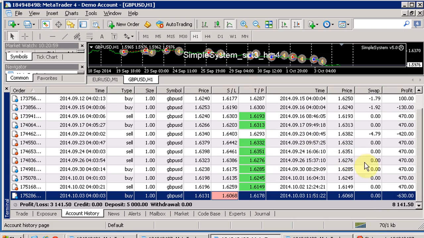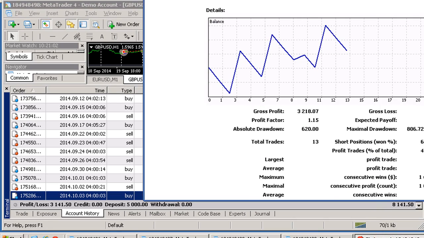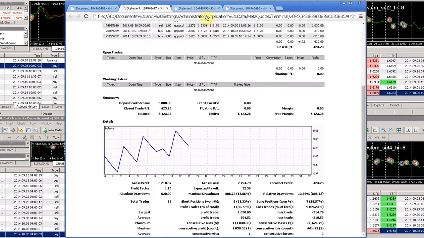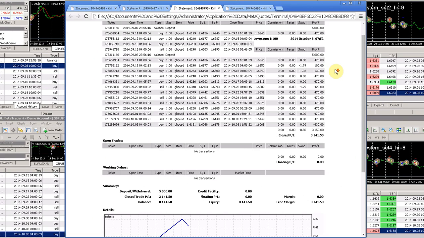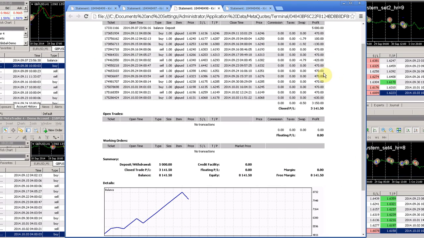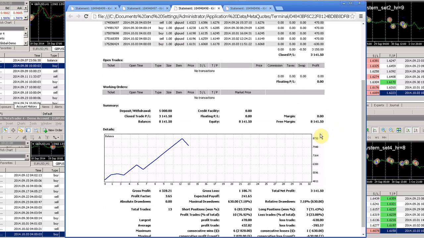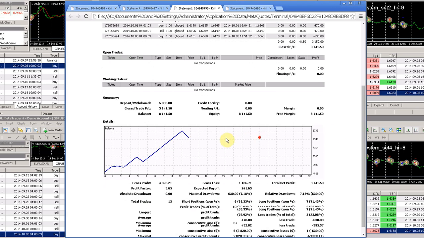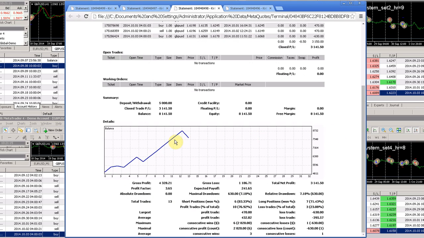So let's have a look at results in the form of a report. I've got this report here, and as you can see, all these trades are up at the top, and here we've got our chart, which is an amazing chart. And of course, you'll always have these losses on your account, which occur from time to time and are inevitable. But as we'll discuss further in the course, good systems are able to get out of them quicker than bad